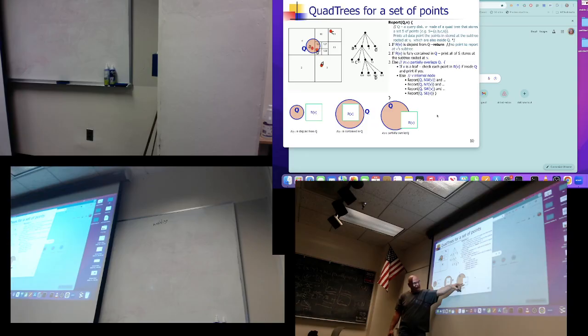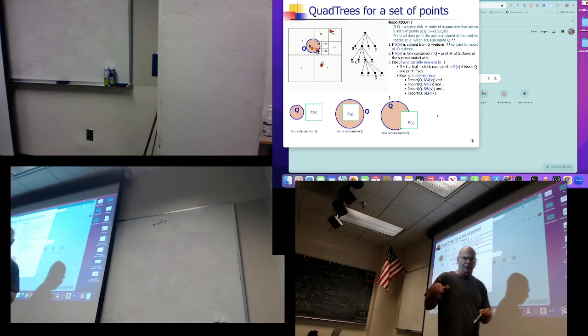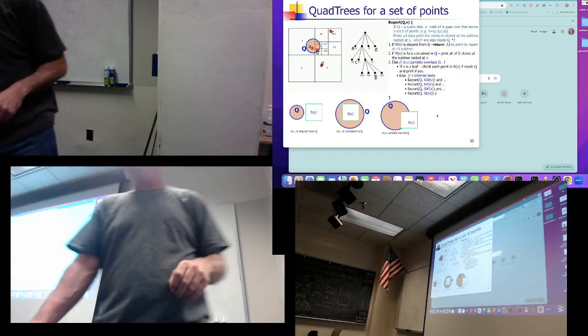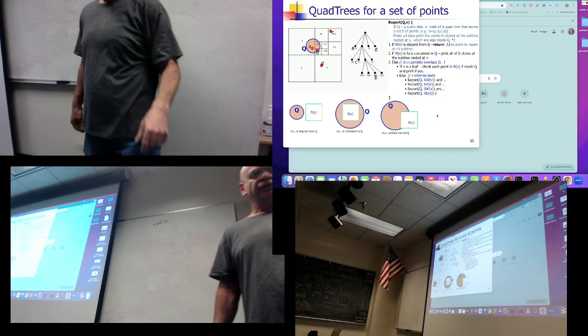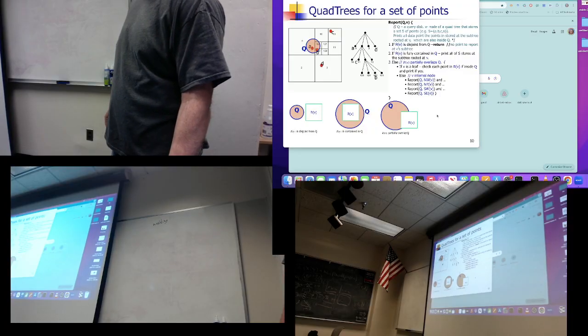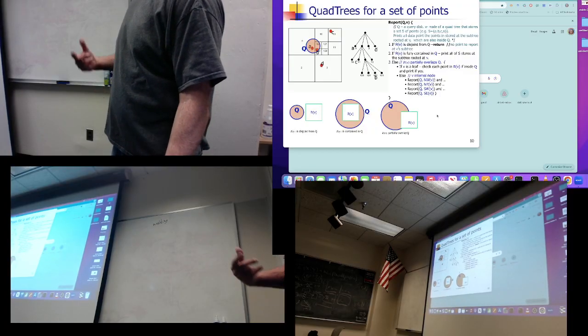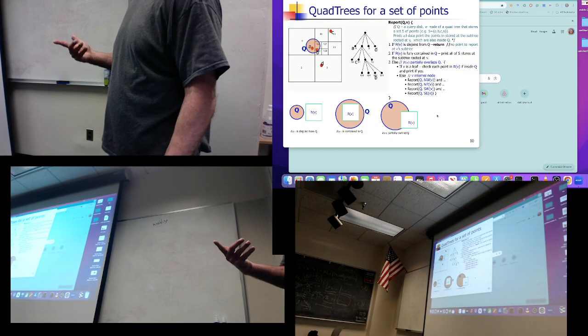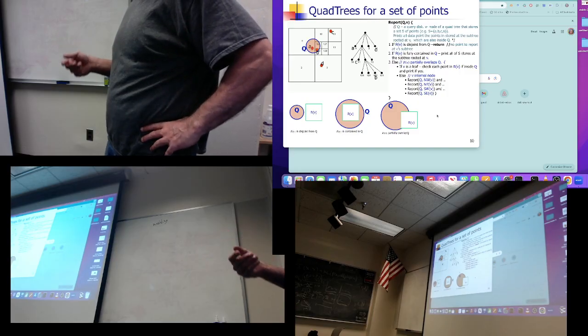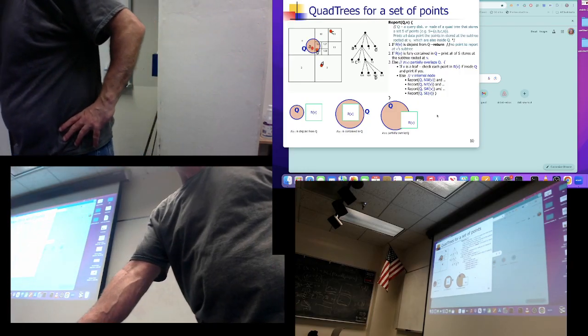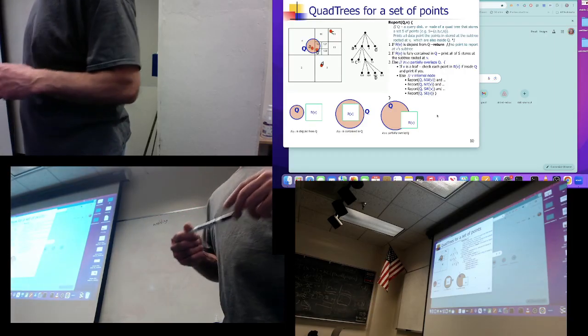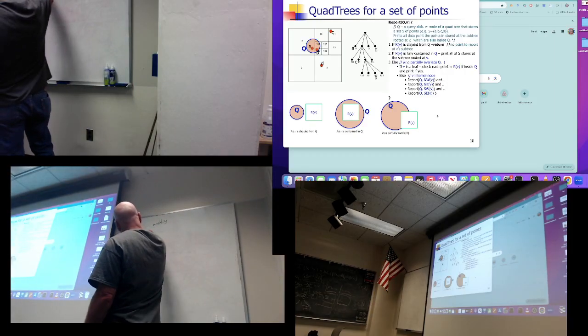Or more generally, V is not a leaf, it's an internal node. Let's say this is V, or this is V, or the root is V. And in this case, once again, I propagate the query to all my 4 children. The same query disk, but all my 4 children now need to handle the same query. And in this way, I can print all the points if I want to have the exact data, who are the players in this region. Or I can say that every node V